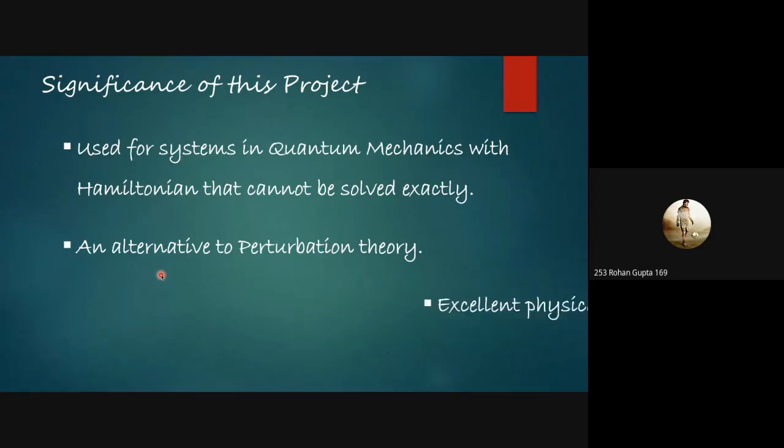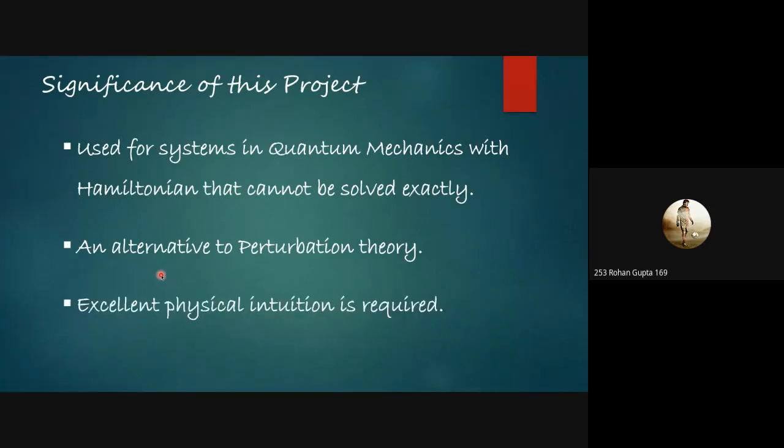The last thing about the variational principle I would like to say is that, if you remember, we took a guess for those trial wave functions. So we need very good physical intuition if we want to get very close to the actual ground state wave function. For example, in this project for the hydrogen atom, we know that the potential energy is given by this, and it's inversely proportional to R. At R equals infinity, we take the potential energy as 0.